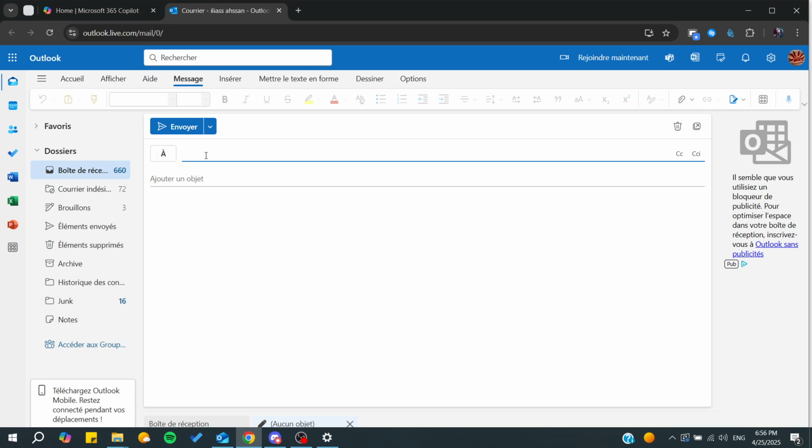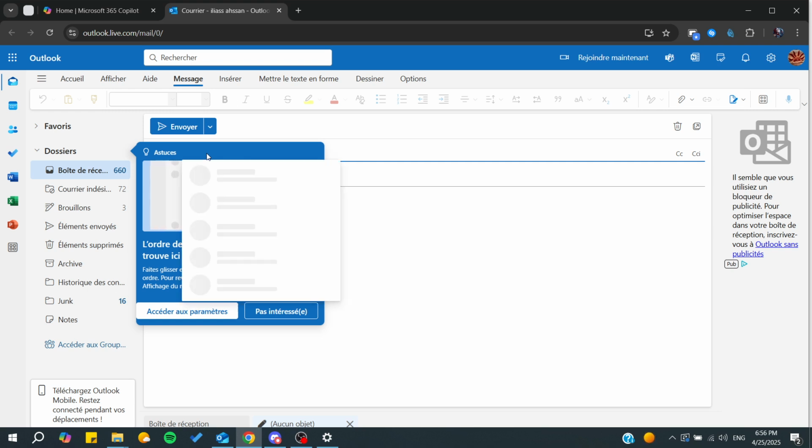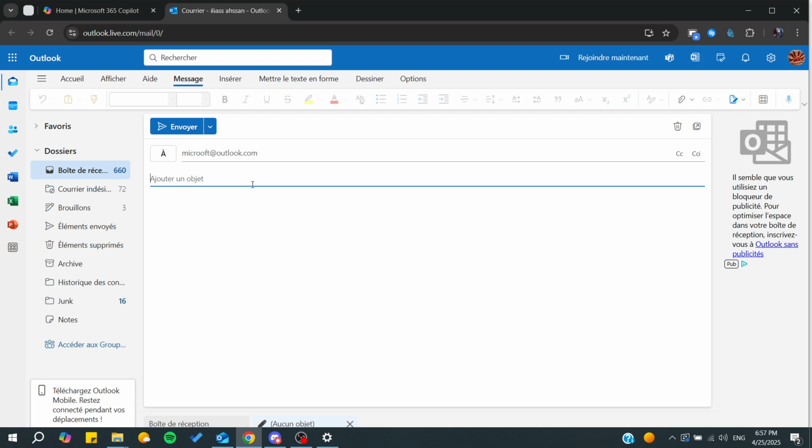So from here it is the recipient, so you will send it to Microsoft or whatever, outlook.com, and from here we have added a recipient, and you add the subject, tutorial, and from here you will start adding the body of your message,